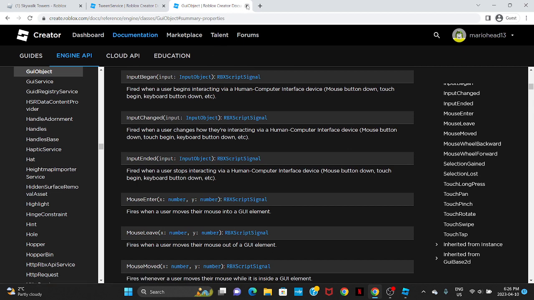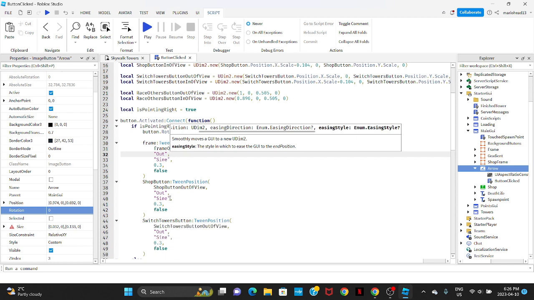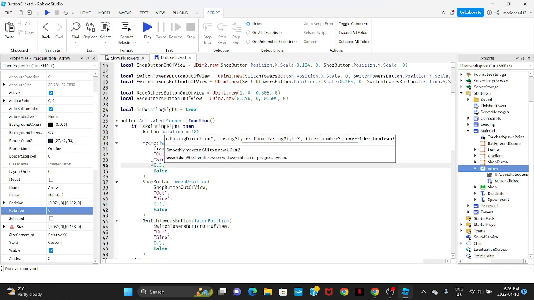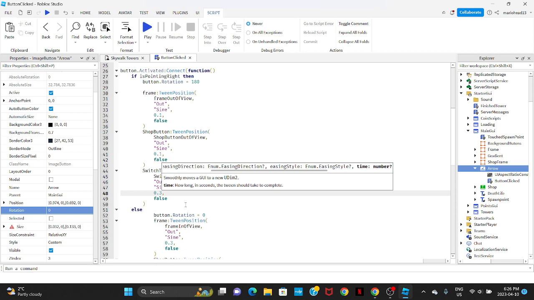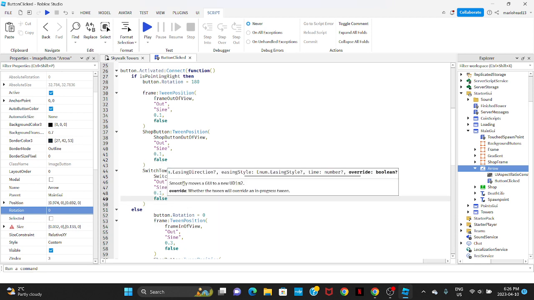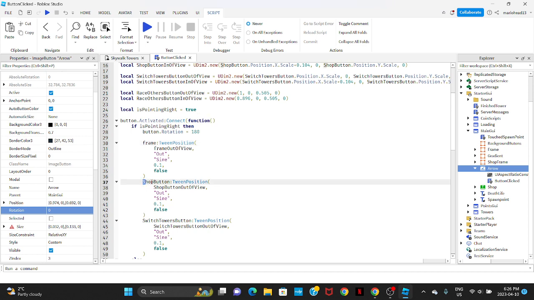But I use sine because honestly it's the simplest one, and it doesn't really matter for my case. And this is the time it takes. And I honestly want to change that. I think it's a bit too long. So 0.1, and do that same thing for here. 0.1, 0.1. Okay. And the thing is, I'm moving the frame, but I also want to move the buttons inside,